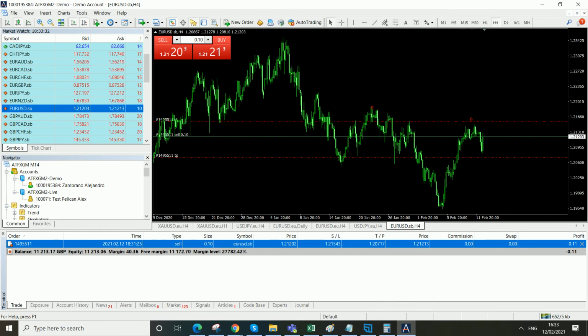Okay guys, this explains very briefly what the stop loss is. It also shows you how to implement that